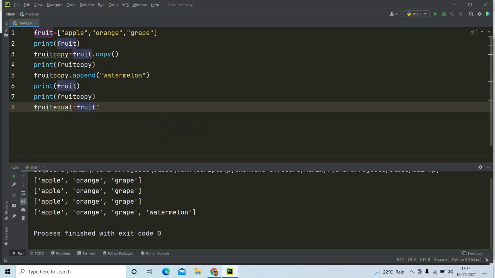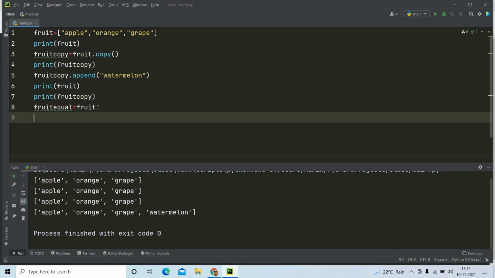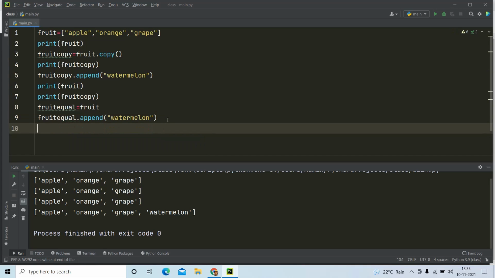Okay, so now I'm going to try to append a value in fruit_equal. fruit_equal.append, maybe I'm going to append watermelon. Now what should happen? This fruit_equal value should have watermelon, and fruit's value will also have watermelon.